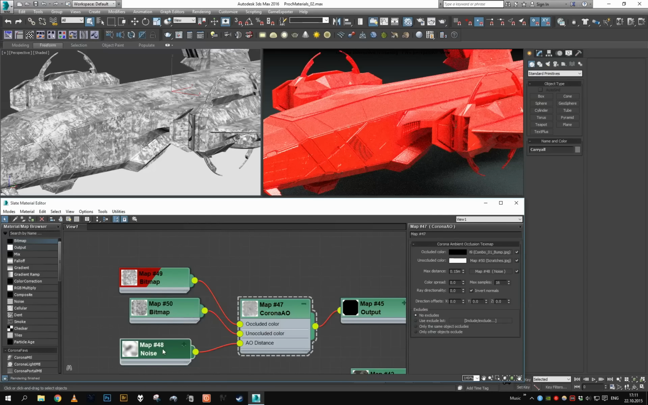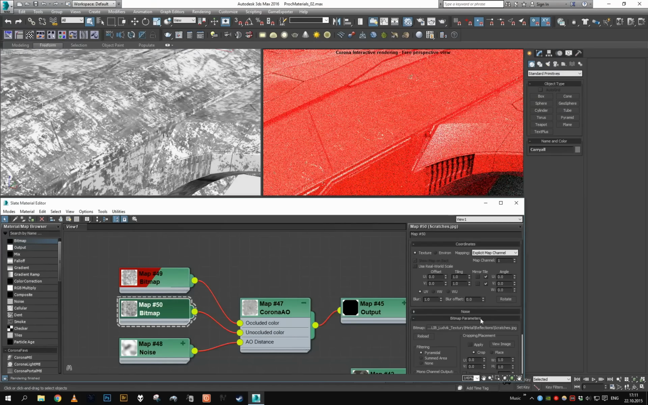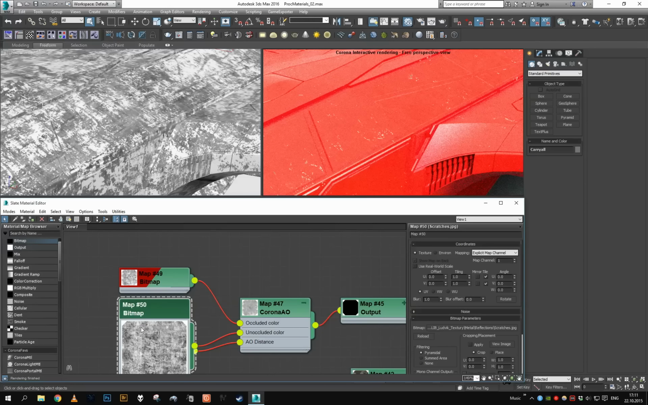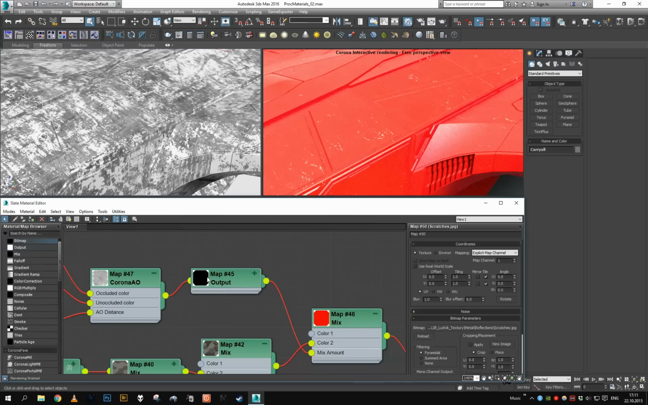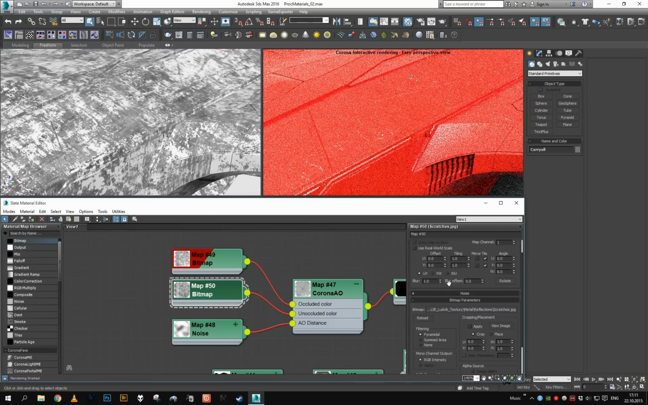And let's just rearrange the graph, and you can see now it's entirely red. Unoccluded color is white, therefore the texture has to be white, so all the dark areas are going to be scratches. Right now the texture is mostly dark, so the entire thing is red, especially when it's clumped by this noise. So what we have to do is just go here